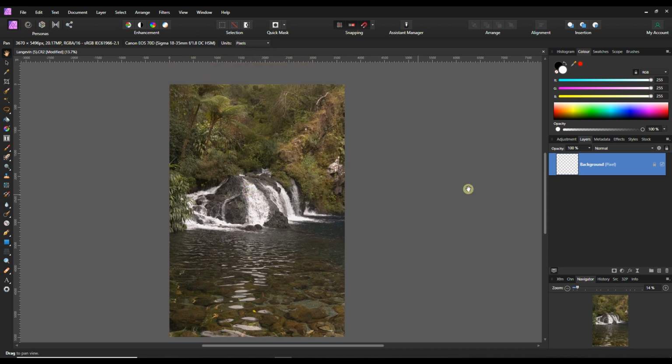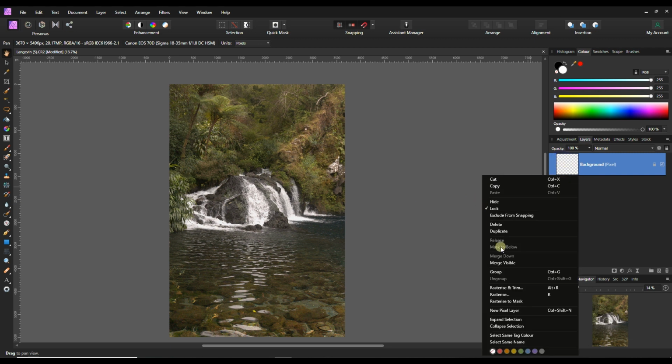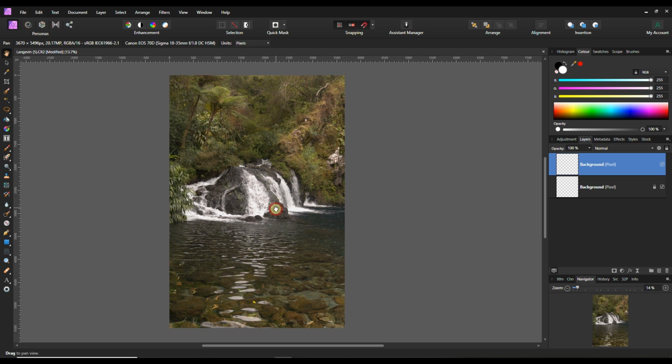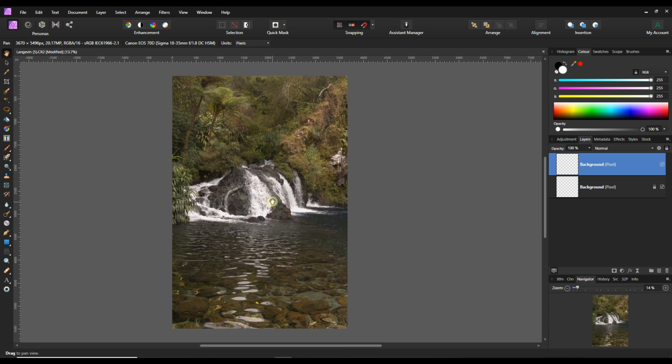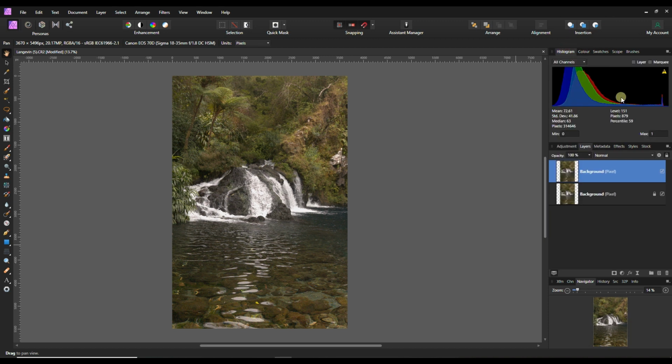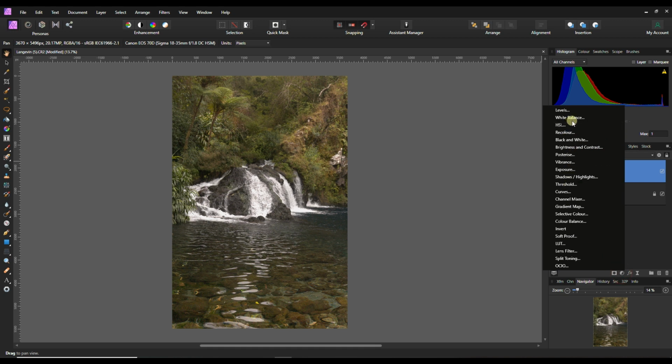Right, now what are you gonna do? Simple, right click, duplicate. We're going to edit on that duplicate part, and then simply we're going to work on color, because this exposure is perfect. I'm gonna go to the histogram and check it. It's pretty good. It allows me to add contrast in certain areas. Now I'm gonna go to